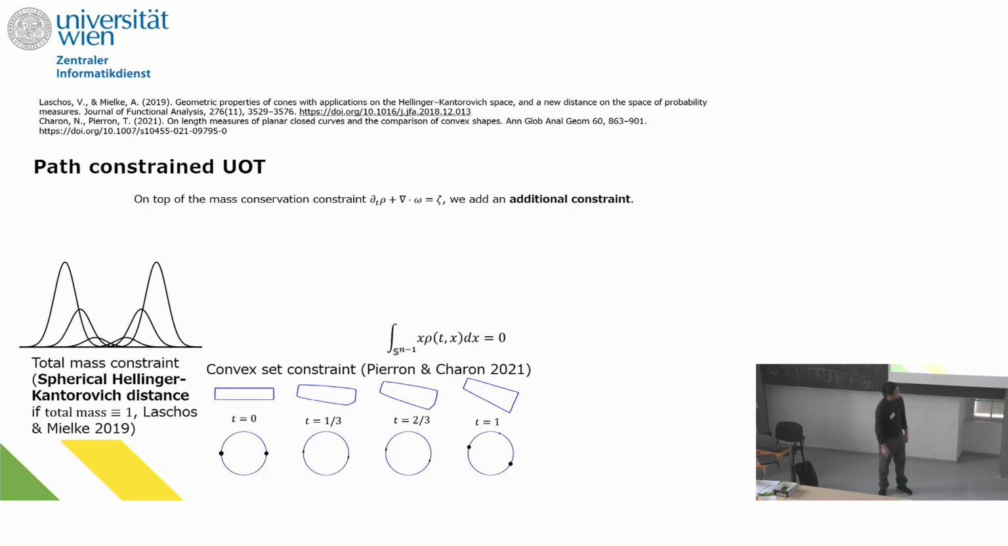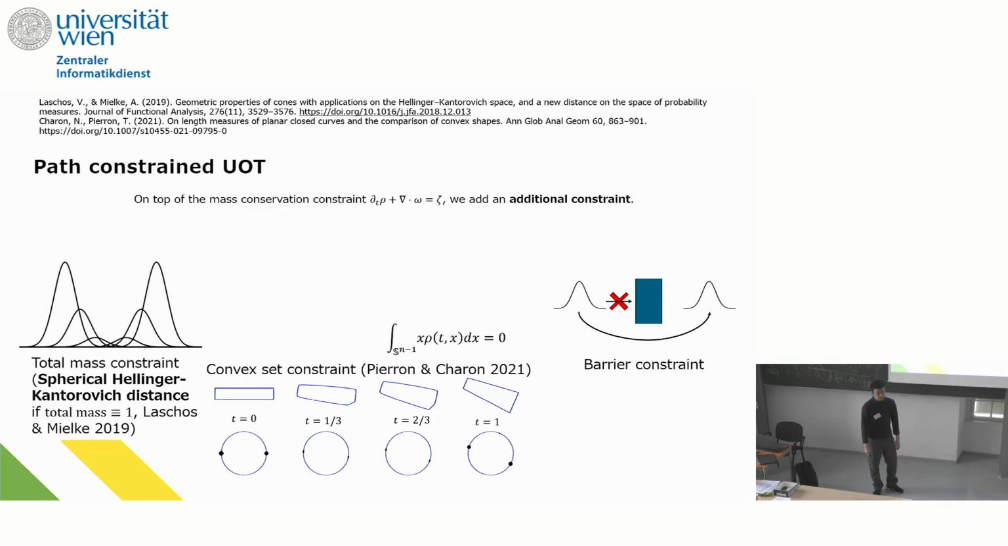And the last constraint is pretty intuitive. It's called the barrier constraint. Here we will disallow the existence of mass in a certain region. So you cannot go through the barrier, you have to go around. Now, all those three constraints can be seen as a special case of a general constraint, which is called the